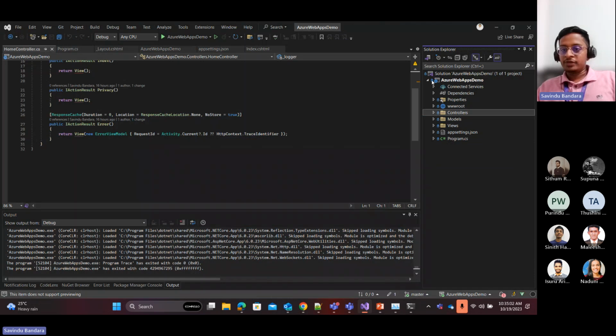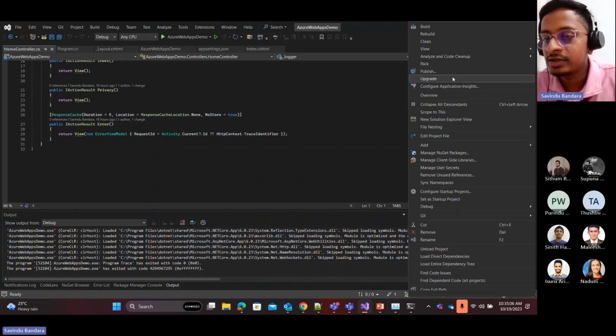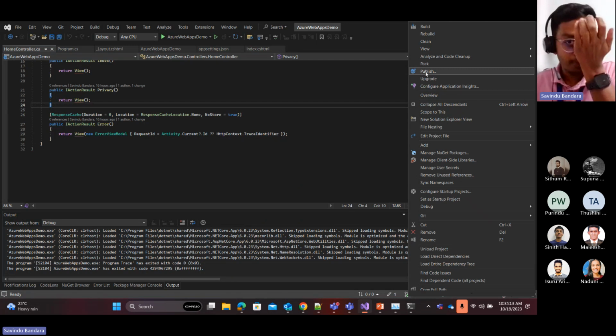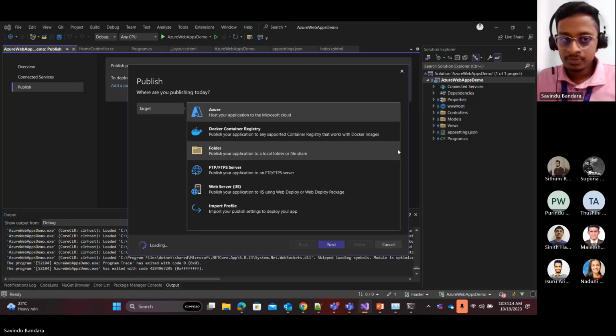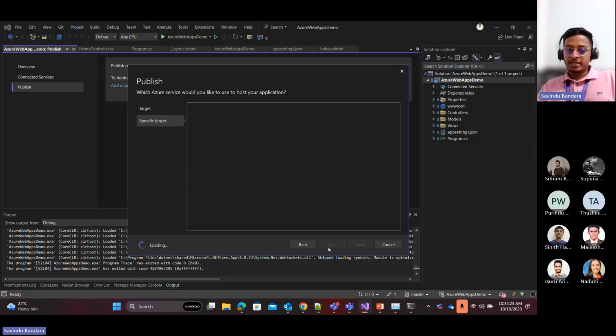So you can use Visual Studio, and this is a .NET Core 6 application, and you can right click the solution, and you can see there's this button called publish. So you can select the publish, and then it will directly show you Azure, and click Azure and click next,